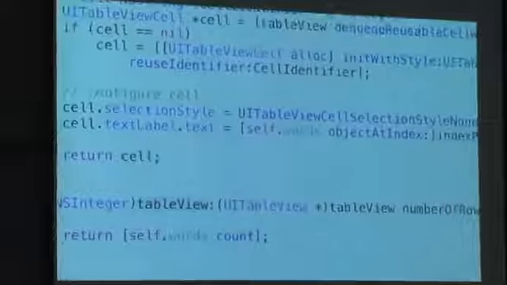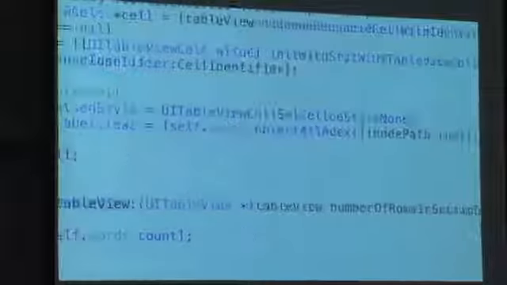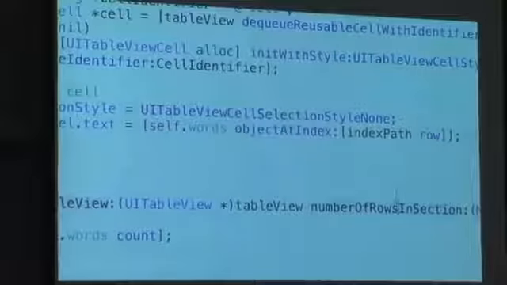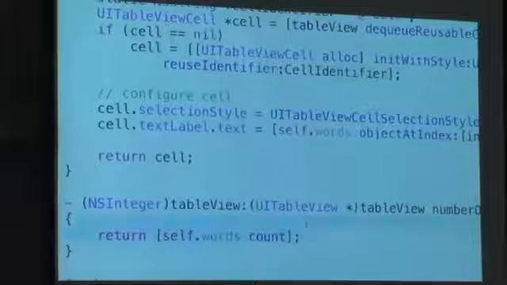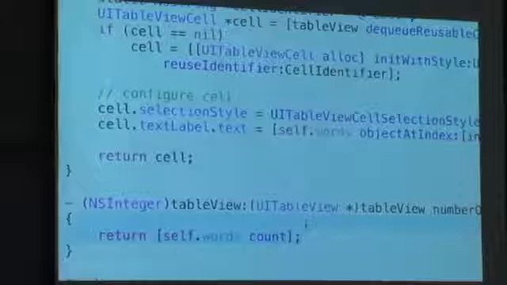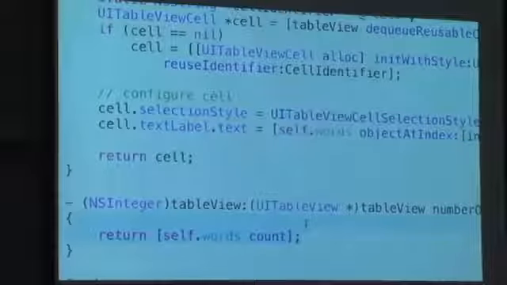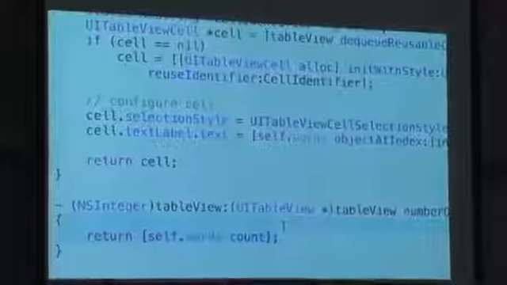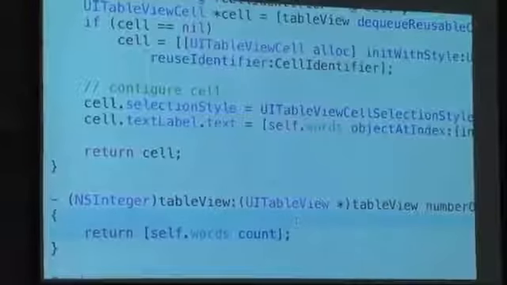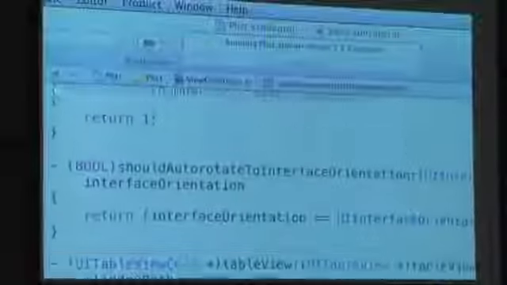Well, what method is it going to call when it wants to know how many rows it needs to make room for? It's going to send the message table view, number of rows in section, and what do I, the delegate or the data source, have to do? I just have to answer that question. How many rows do I want? Well, I'm going to do self.words, which gives me my array, and pass in the count message. It does what it says. That's going to return 5, or whatever number of words I have here. So that responds to that question dynamically. Up here, this is asking number